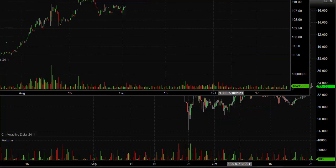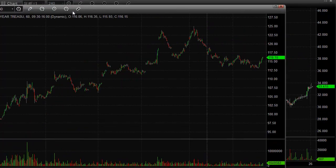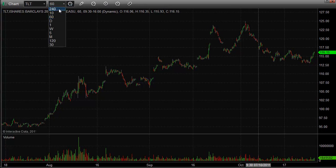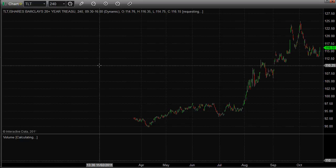Next is bonds. This is the 60-minute chart of bonds. I'm just going to go to the 4-hour, so everything's on the same time frame. Hopefully it'll load up properly here. Okay, here's the 4-hour chart of bonds,